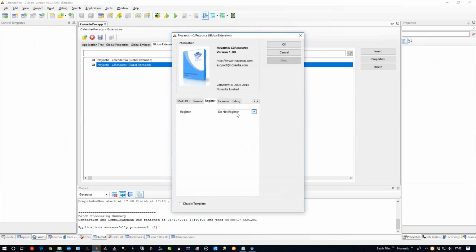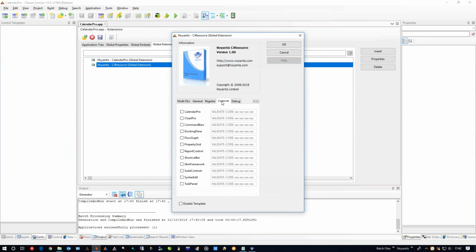You'll be able to set it to use Reg3Com or not, and you'll be able to put your licenses in just one place. So for multi-DLL, this will be a big step forward for you. You put them in one place, and then you won't have to go into all the other apps going forward. So if you wanted to change from CodeJock 18.5 to 18.6, or turn on Unicode for your applications,